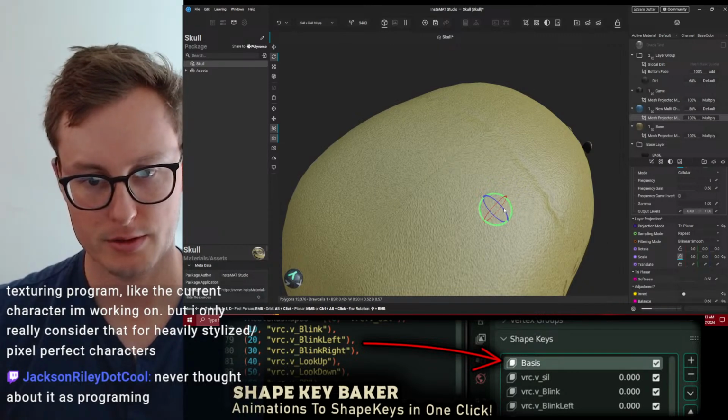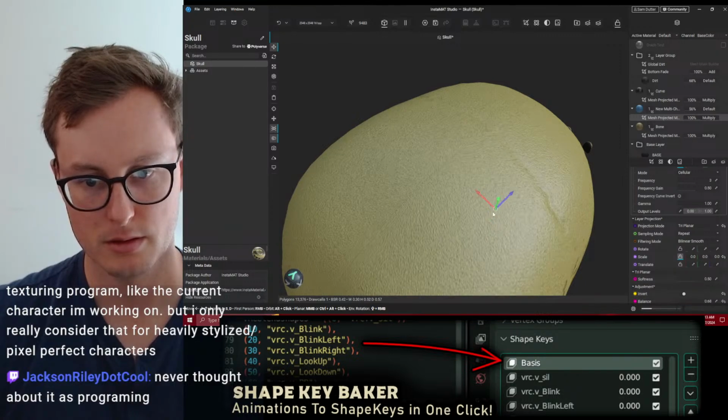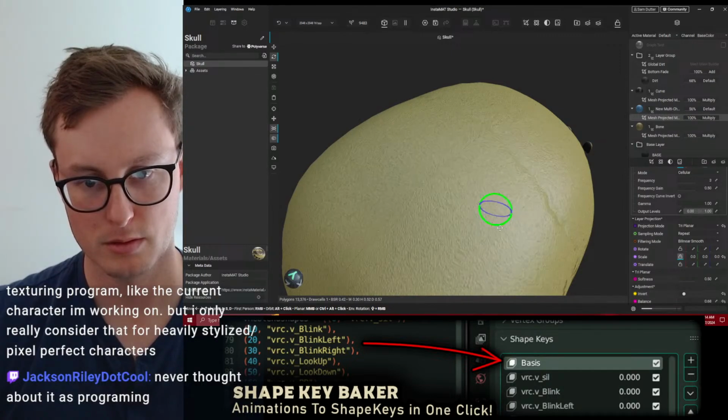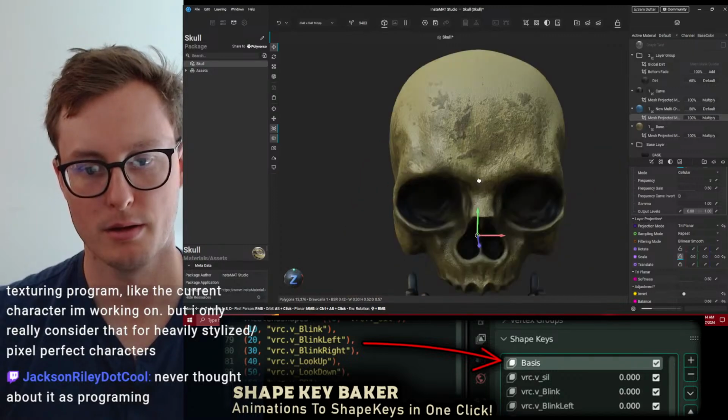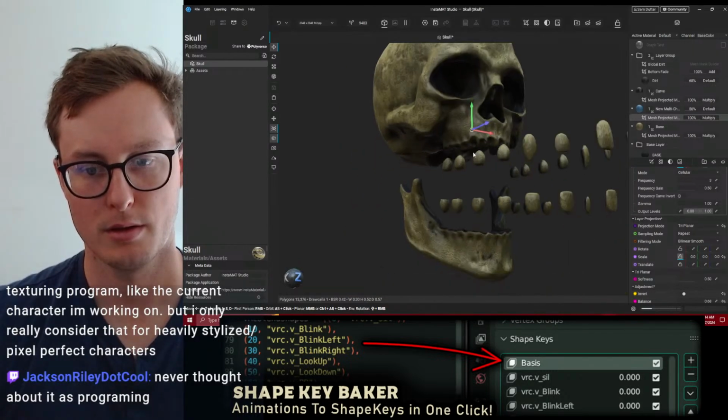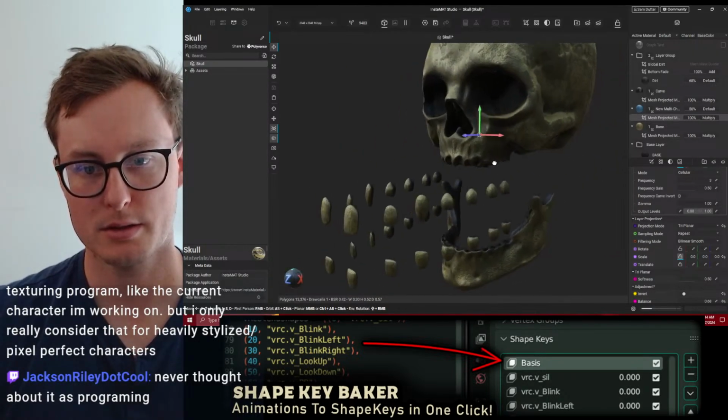I rotate it just a little. The UVs must be a little messed up there. All right, but I'd say this looks pretty darn good.